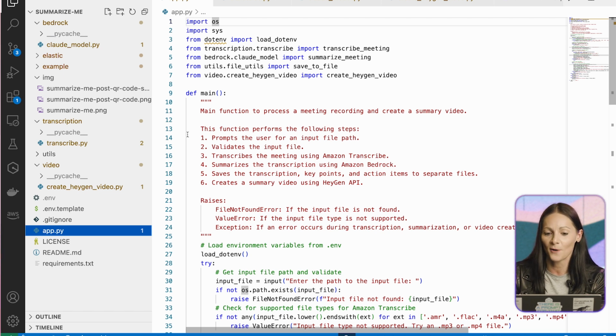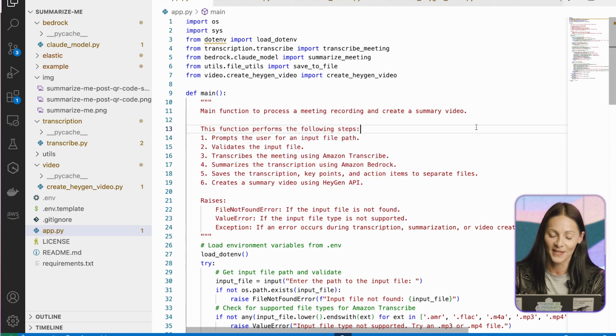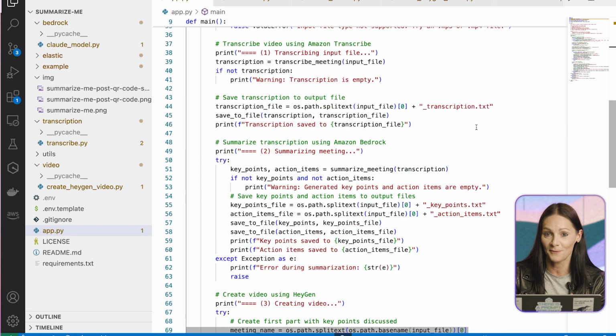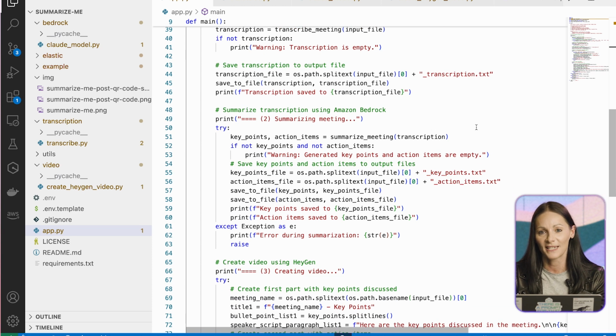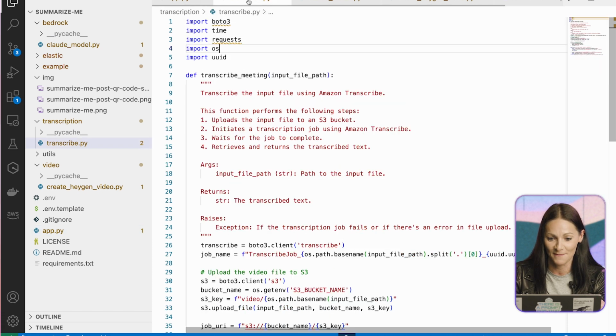And you will see the different components here. So I do have an app.py file, which is the main application, which brings all the components together. The first part is doing the transcription, sending it to Amazon Transcribe, and then also following up and bringing that input into Amazon Bedrock, sending it to the Claude model, and then also, which is the surprise at the end, sending it to an application called HeyGen to create the avatar video. But before we go there, let's first have a look at the other parts. So here's the transcription code it created.